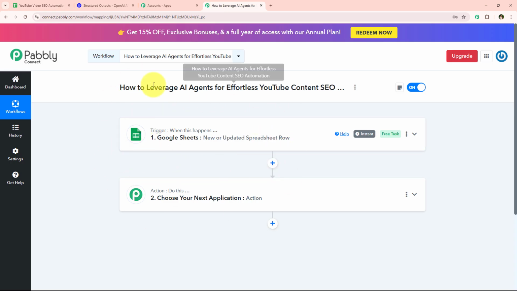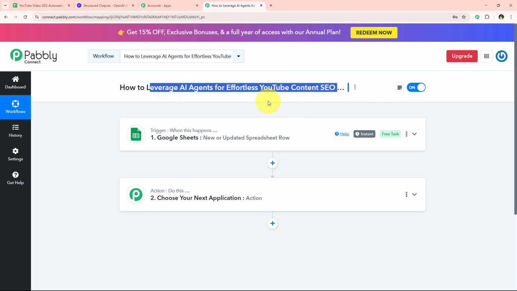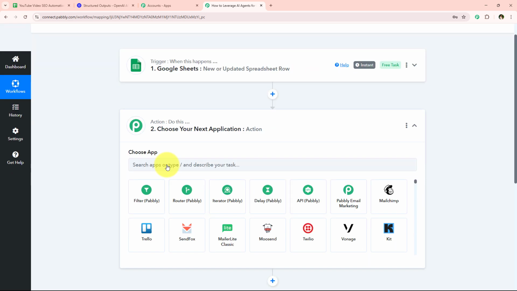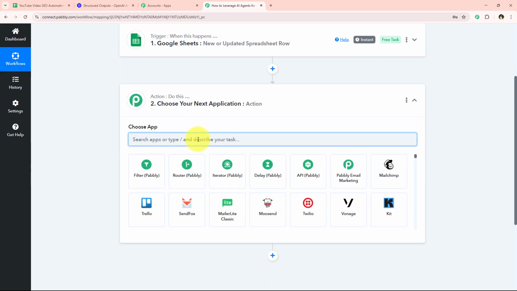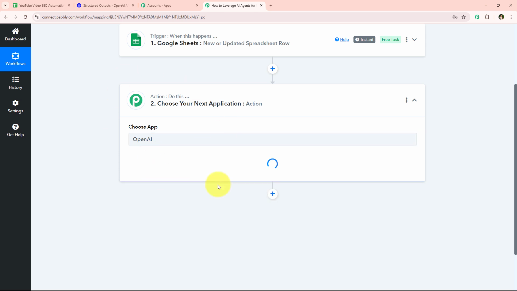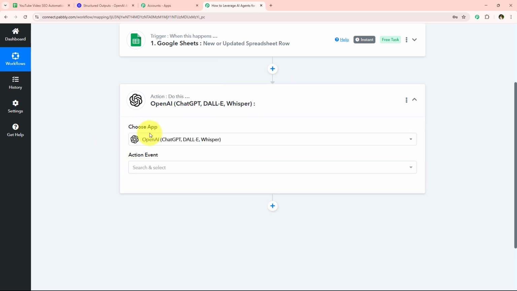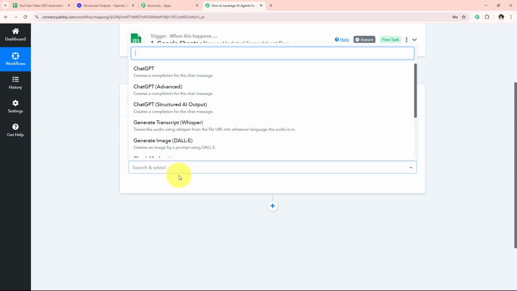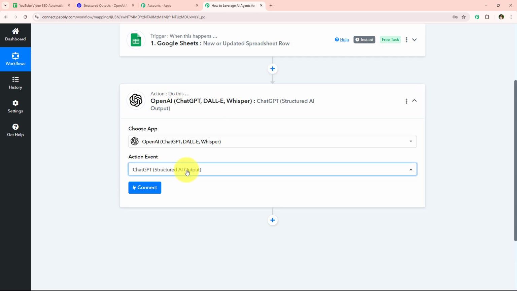Now further, what I want is I want to leverage AI agents for effortless YouTube content SEO automation. So I'm just going to go towards this action step, and I'm just going to select my action application as my AI agent, which is OpenAI. So I'm just going to search for OpenAI and select it. And now for the action event, I'm simply going to select it as ChatGPT structured AI output. I'm just going to let you know why I selected structured AI output further in this video. And then we are simply going to click on this